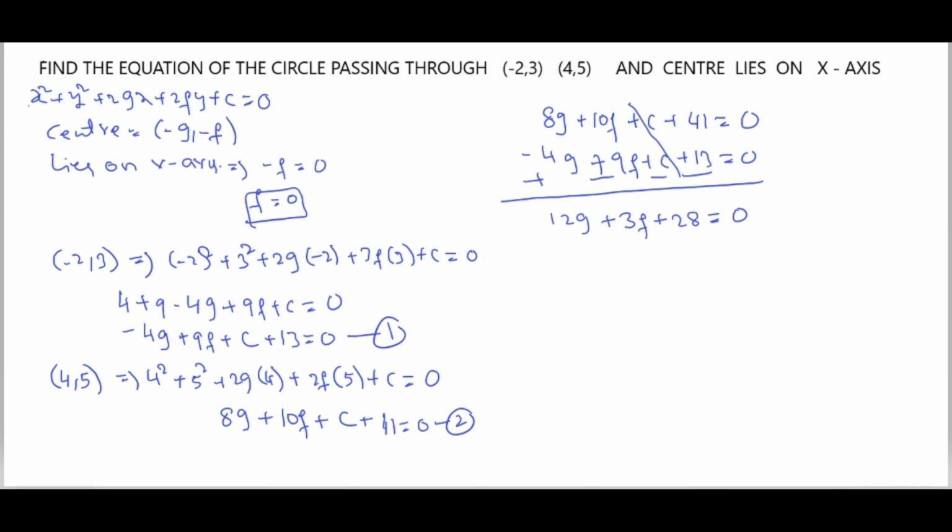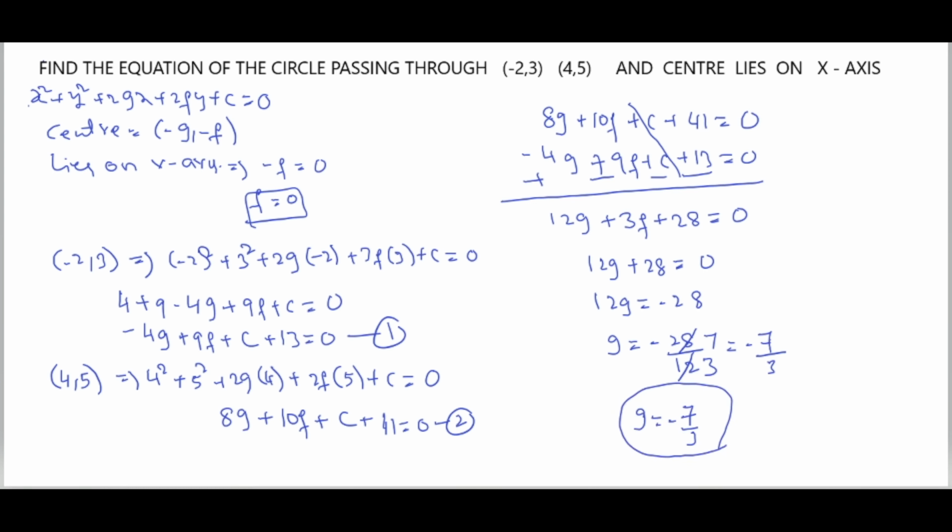So we already know f is equal to 0. Substituting f is equal to 0 in this, that is 12g plus 28 is equal to 0. 12g is equal to -28. g is equal to -28 by 12. So 3 fours are 12, 7 fours are 28, they cancel. That is equal to -7 by 3. So the g value is -7 by 3. And substituting the g and f values in the first equation,